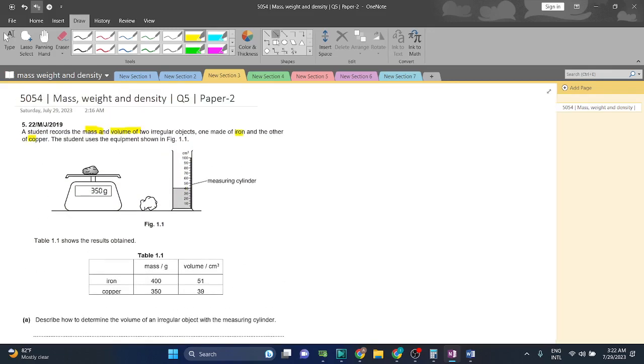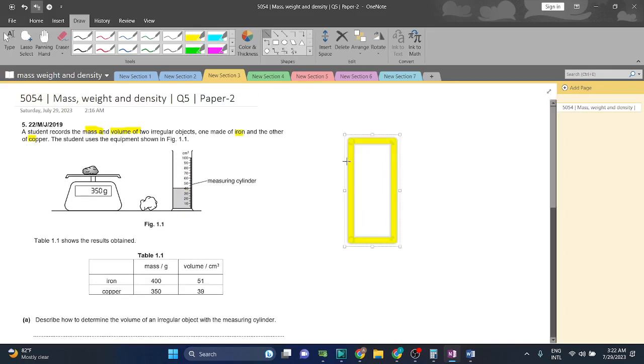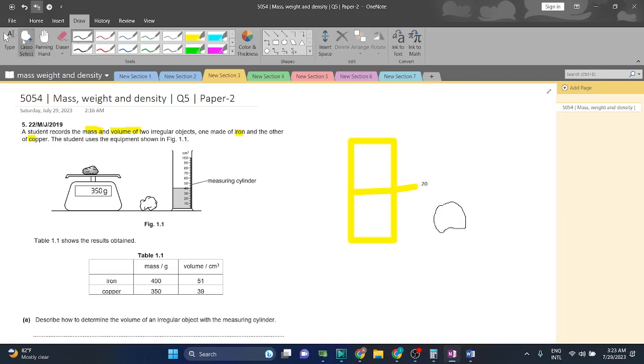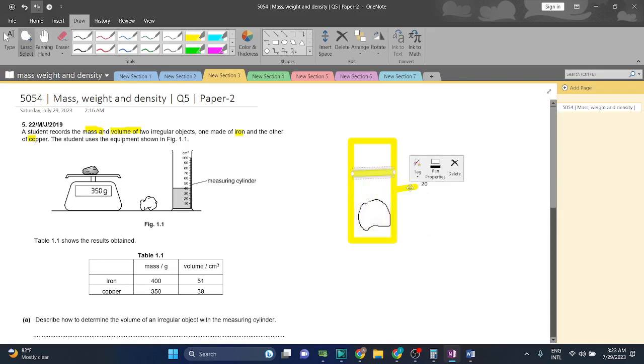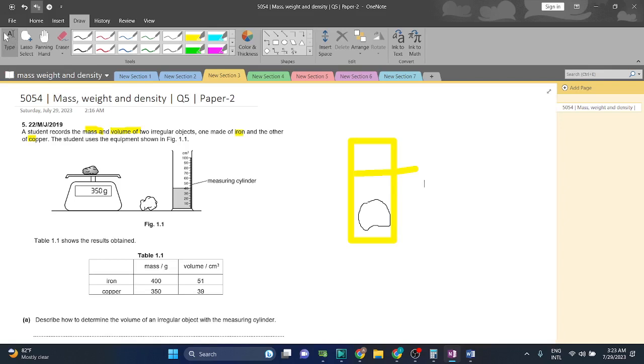अच्छा, अब आप बात सुने. मेजरिंग सिलेंडर ये है और इसमें फॉर एग्जांपल 20 के मार्क तक इसके अंदर पानी भरा हुआ है. तो इसमें फिर एक इरेगुलर पत्थर डाला जाता है. ठीक है ना. तो अगर इस पत्थर को डालेंगे तो ये जो पानी है it will rise. So the water level will rise and for example it rises up to 35,